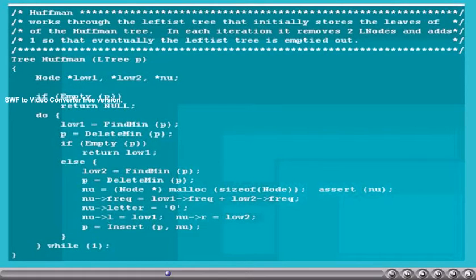Otherwise, we continue to do the following. We remove two smallest nodes and create a new node and assign a new letter for that and assign the sum of the frequencies as the frequency of this new node, and that node will be inserted into P. This is repeated till P becomes empty.